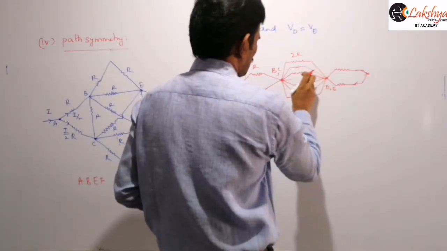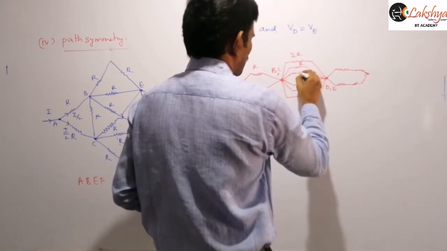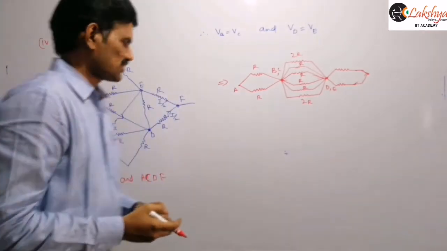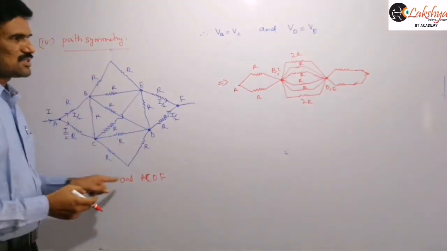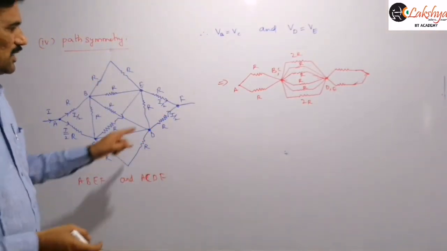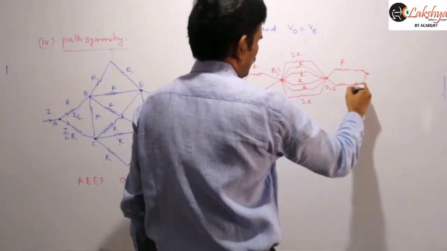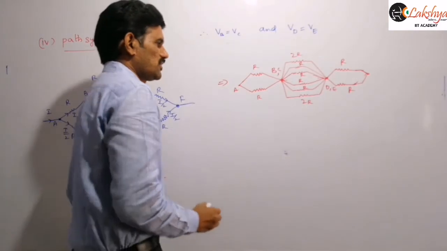Then the middle resistance won't be there. So then this is R, and this is R, and this is also R, such 4 resistors. And similarly, additionally, this resistance will be there here, 2R. And next these 2 resistors will be there here, R and R. And now we can further simplify this.